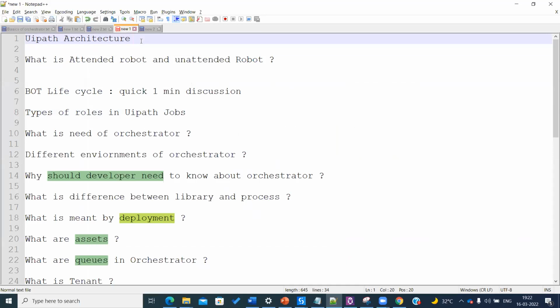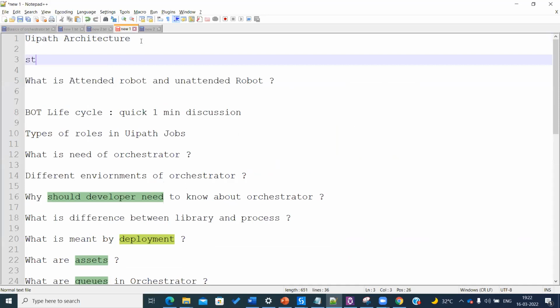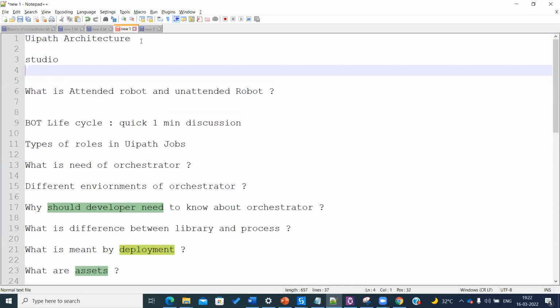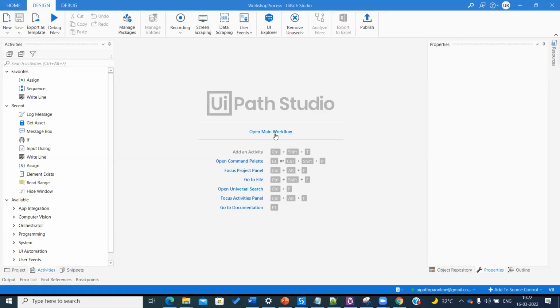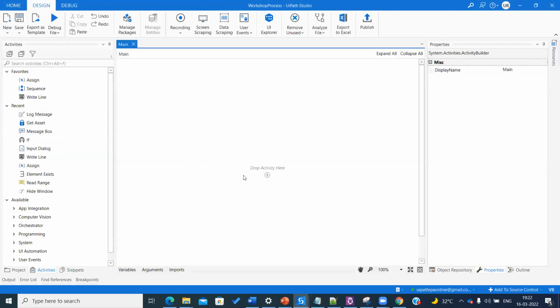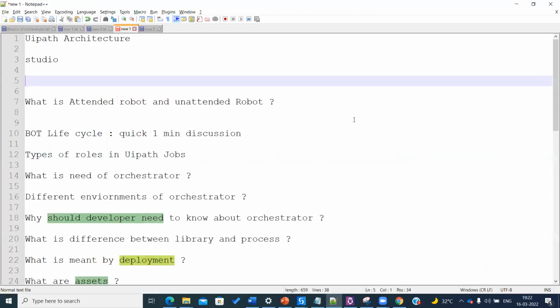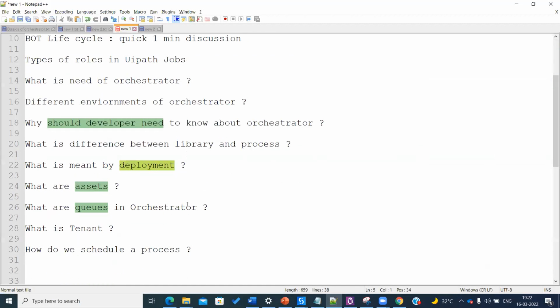So in UiPath, so far you would have seen Studio, right? Studio is where you do any kind of development activities. You drag and drop the activities according to your requirement, and you do proper exception handling and everything. I hope by now you would have learned all of those best practices, which different speakers have covered. I want all of you to stay until the end of this session so that you will not miss anything.